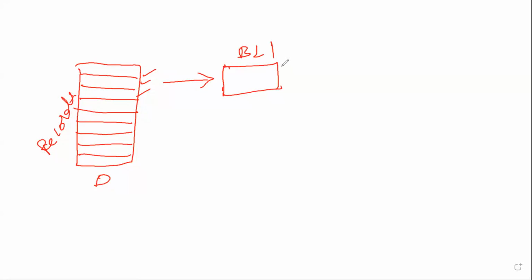We can use any type of base learner model here. So once base learner 1 is trained, we pass all the records of dataset D and we'll see how this particular base learner 1 model has performed.